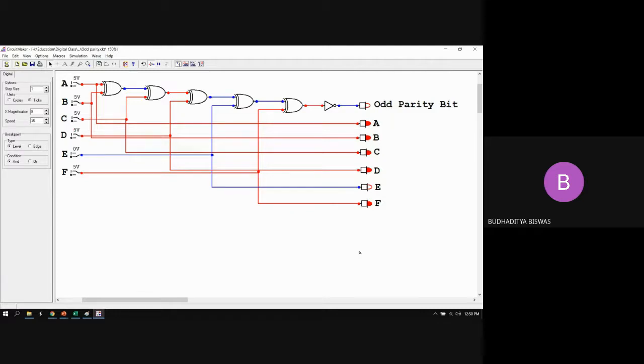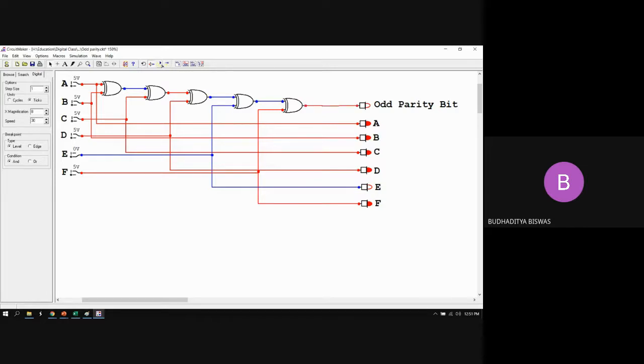Okay, so when the sending end sends the data to the receiving end station, they will tell the receiving end that the total number of 1s is odd, and the receiving end just checks whether an odd number of 1s is coming or not. Now come to the even parity generator; that was the odd parity generator. For the even parity generator you just need to delete that NOT gate and it becomes the even parity generator.